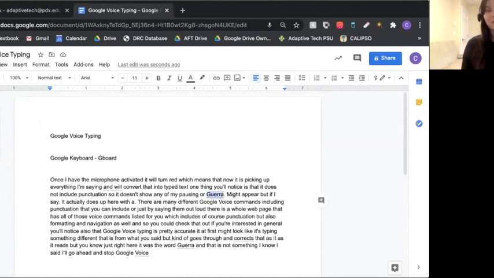So you can go through and fix anything that might not look correct, and also include punctuation if you did not say the punctuation out loud while it was typing. You can also copy and paste what you've typed with Google Voice Typing into Kurzweil to listen back to everything that's been typed to help you catch any errors that might be in the document that you spoke out loud.